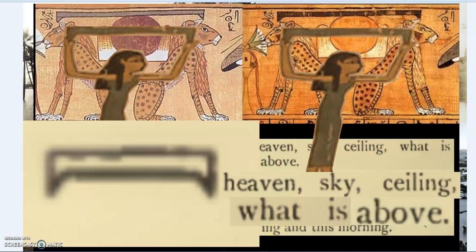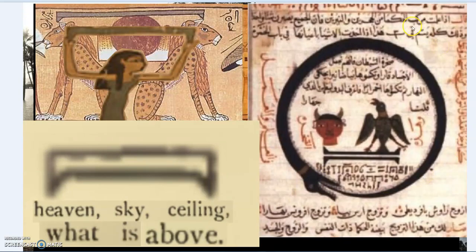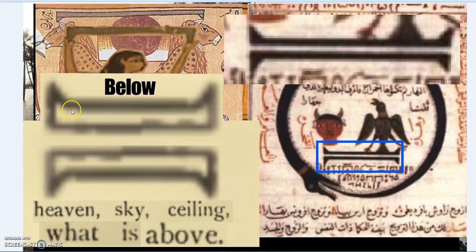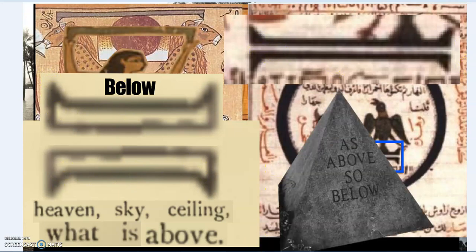What is above? The ouroboros, the blackbird, but what do we have here? We have 2 of those, and so the reverse of that would be below. What is above? What is below? As above, so below. This relates to, I'm going to get into it in a couple of videos,